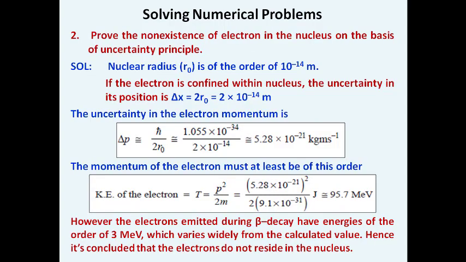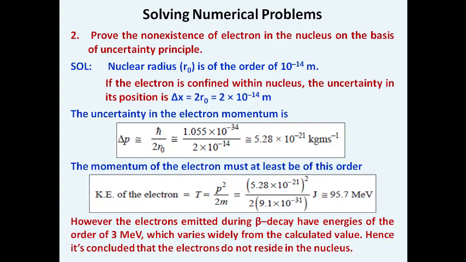Now we start using Heisenberg's uncertainty principle to solve one more big problem from the start of the 20th century. It's regarding the proof for the non-existence of electrons in the nucleus on the basis of the uncertainty principle. After Sommerfeld, Bohr followed the condition of Sommerfeld and said that an atom consists of a positively charged nucleus, whereas electrons revolve around the nucleus in circular orbits. So it was confirmed that electrons are separated from the nucleus. There is no chance of electrons being available inside the nucleus.